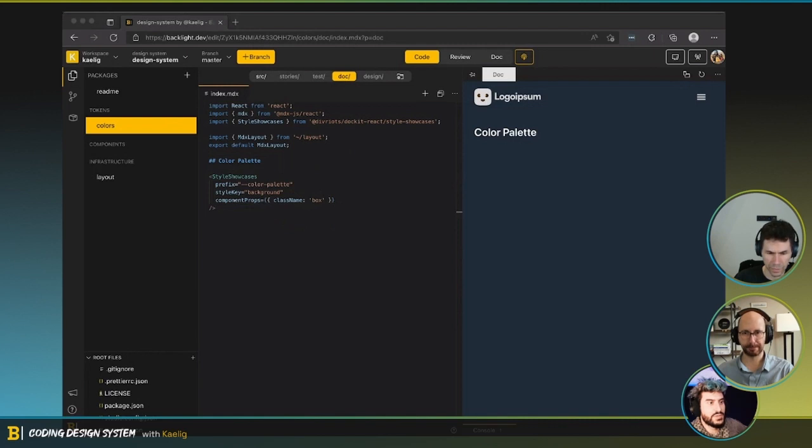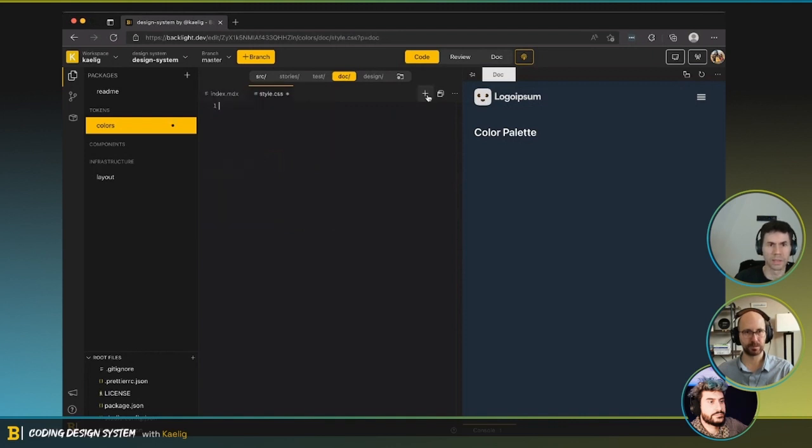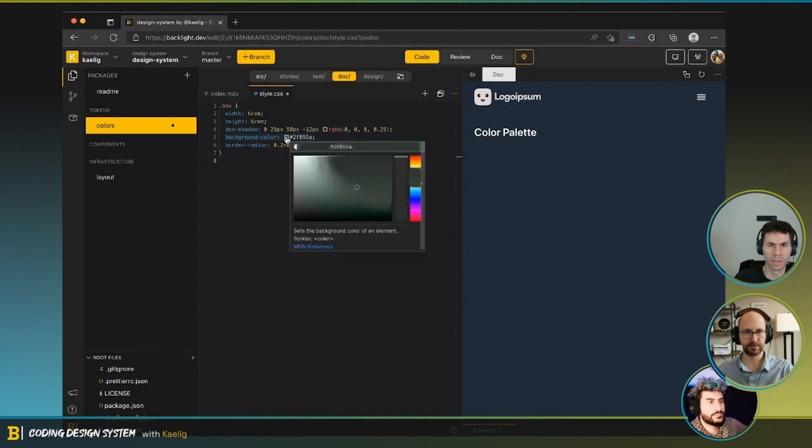Maybe we need a little style sheet with the... let's see. So we can do CSS and have some styling for the boxes. A blue background in case we have transparency.